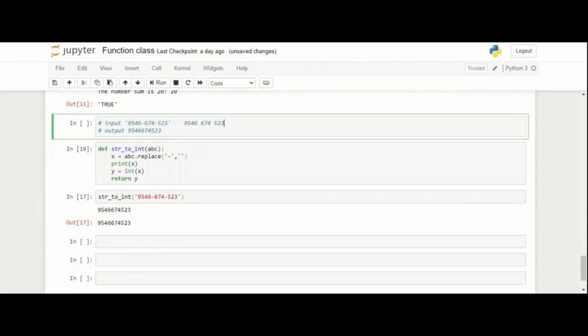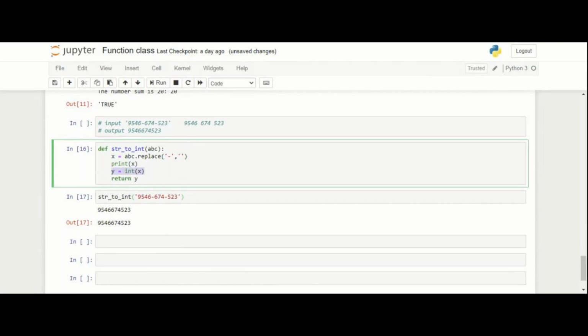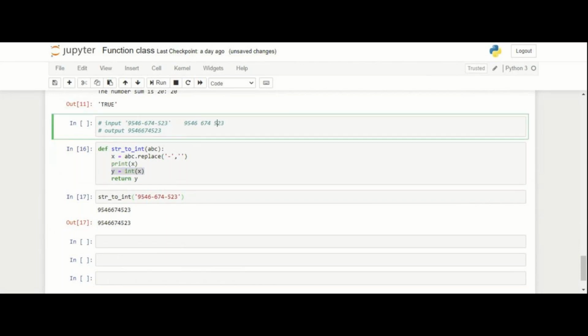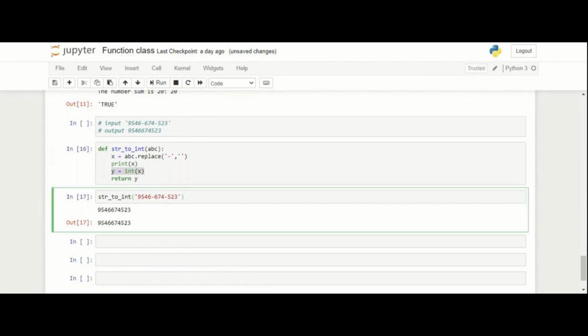So it was not able to convert it into integer. Now you can see my space is also changed, so this number would now be an integer. Understood, right? Okay, got it.